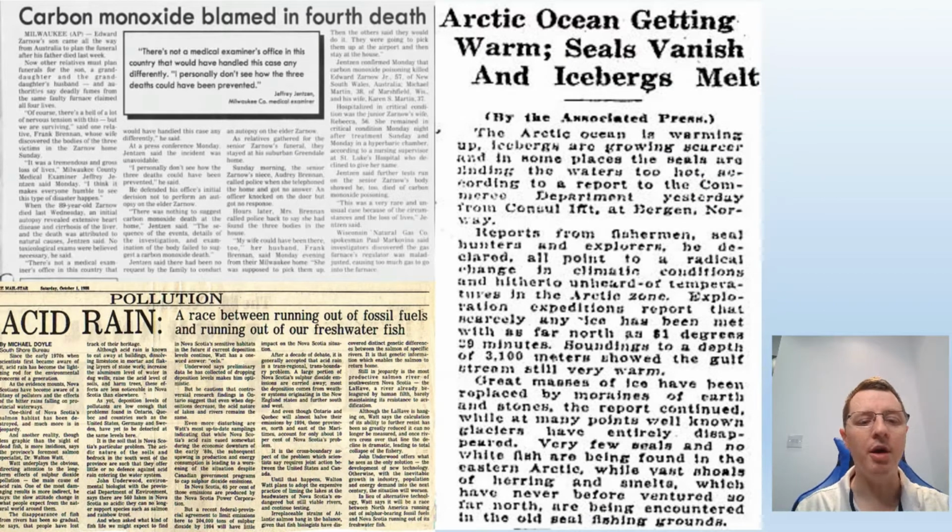So here we have 3 newspaper articles illustrating just how dangerous several of these gases can be. For example, carbon monoxide here has been implicated in the deaths of 4 people. Those people turned on a heater during a cold, chilly night while on holiday somewhere, and the heater wasn't well serviced and it produced the gas carbon monoxide, and there was so much carbon monoxide in the local atmosphere that it managed to kill them.